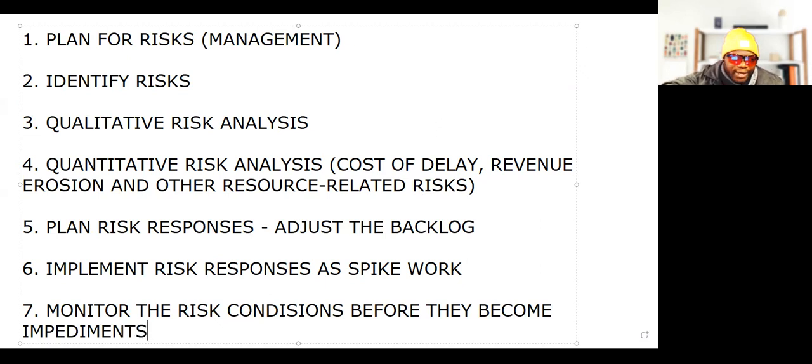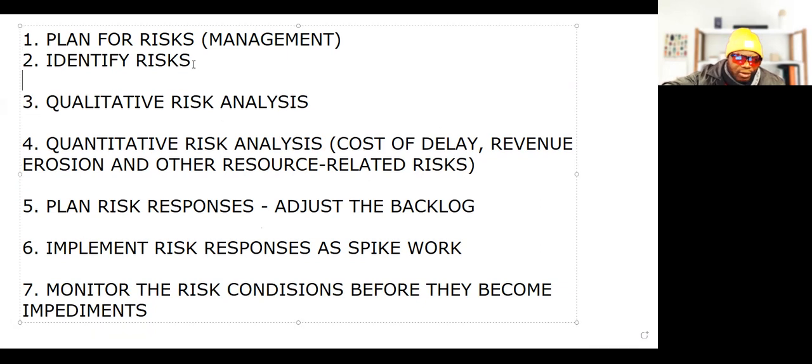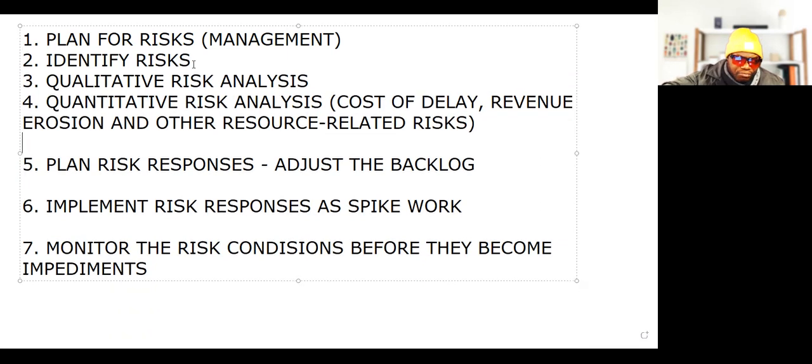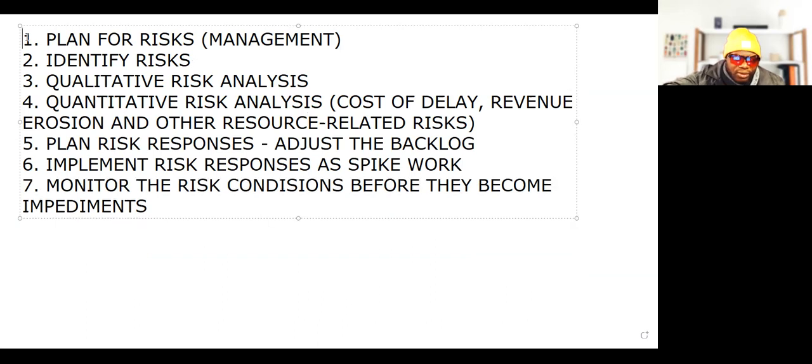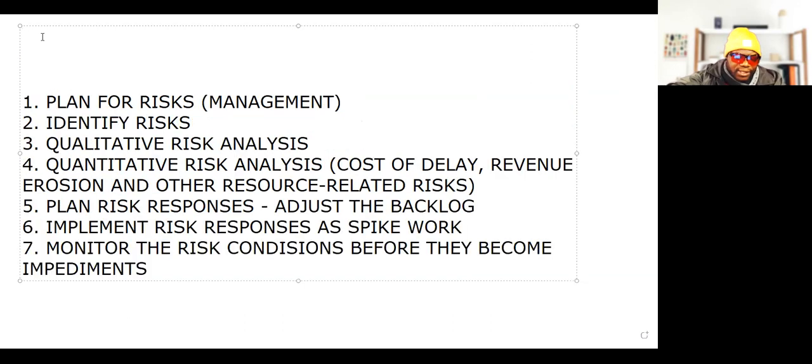And that is a 7-step process that should help anyone in the world of Agile. You don't necessarily have to be the product owner or the Scrum Master before you take heed to risks. I think it's everyone's job. So I'll call this 7 steps to manage risks